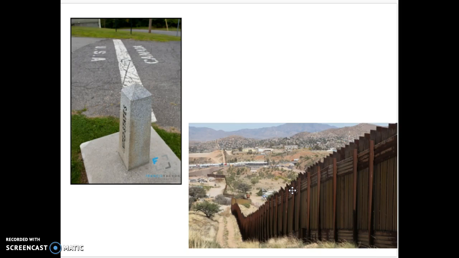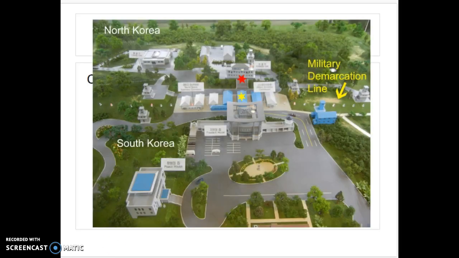Now, it sounds like a funny thing, but demarcating the boundary can also be a positive thing, right? You don't want to be wandering in some open field and oops, I'm in North Korea now and I get captured by some foreign government. So it's nice to know where you're at, literally where you're at. So it's important that sovereign states do demarcate their boundaries and borders.